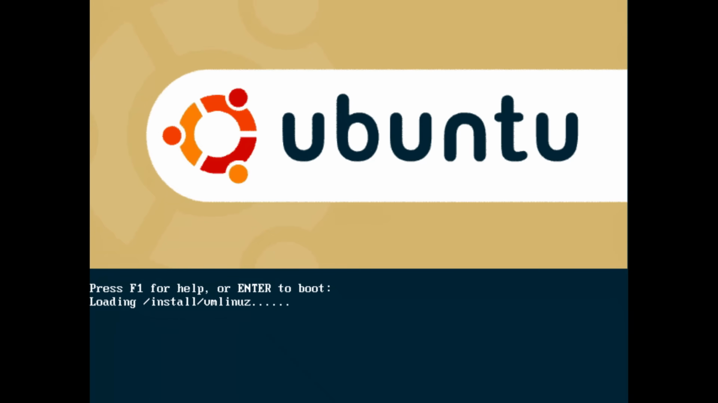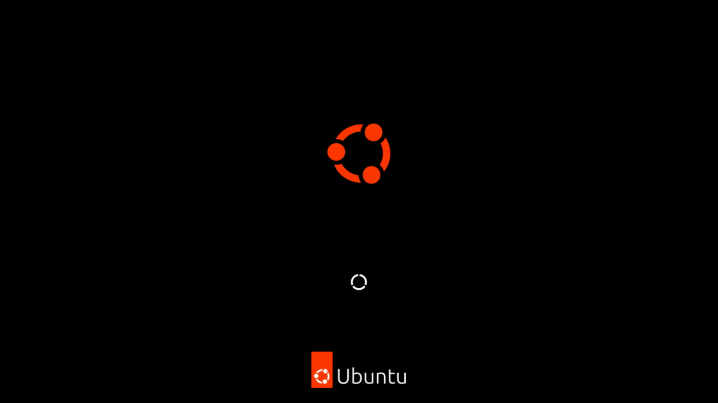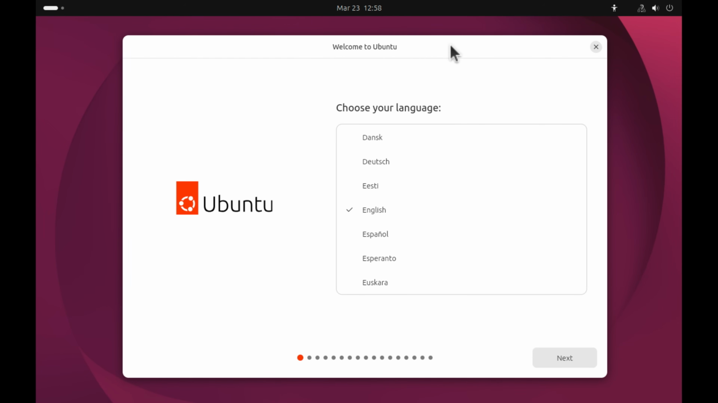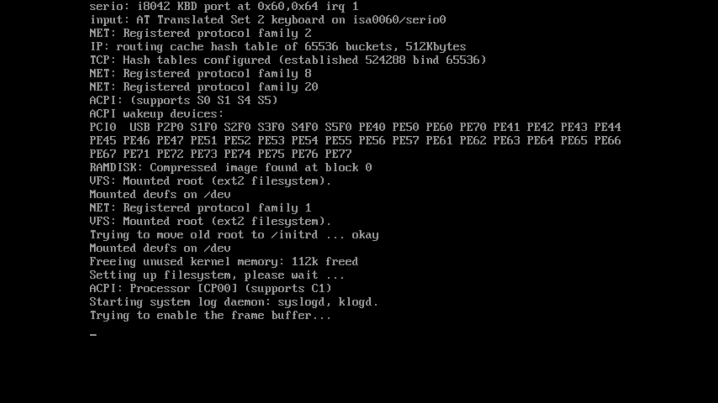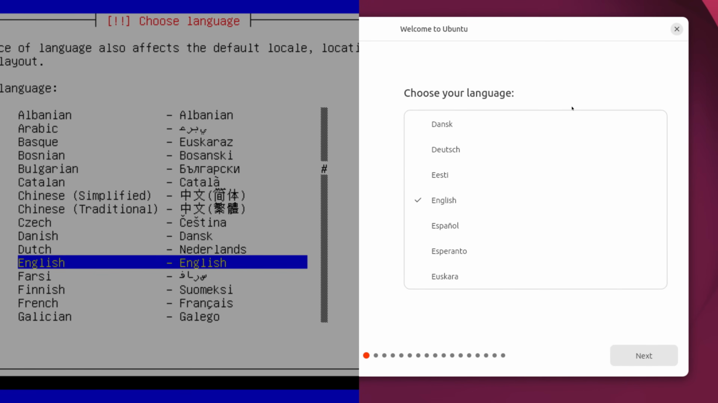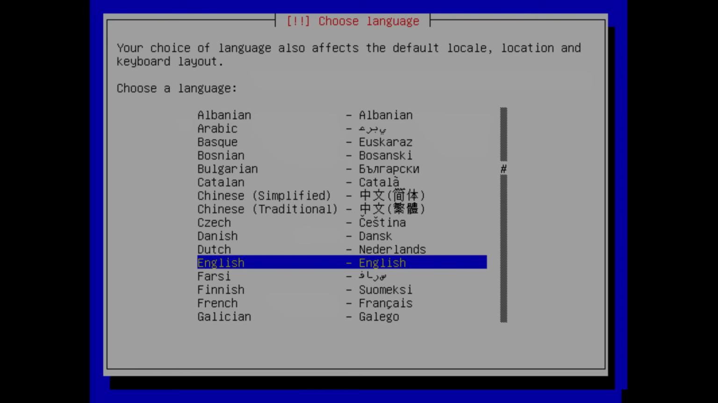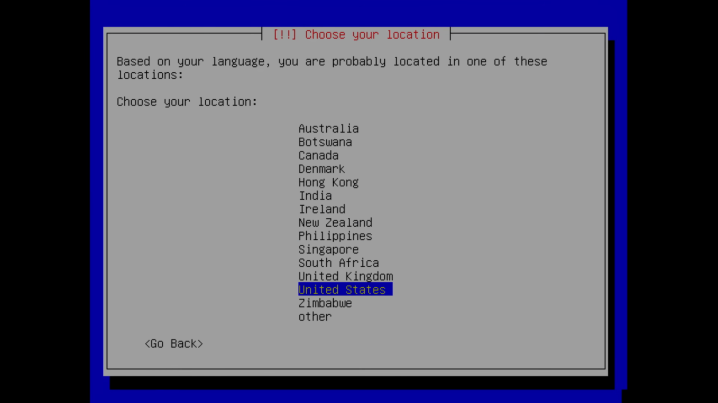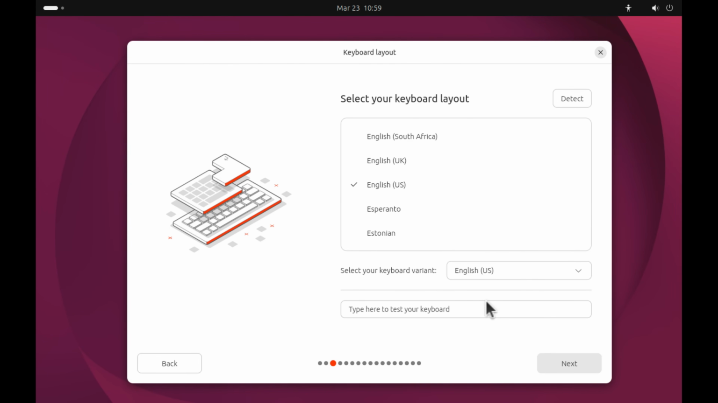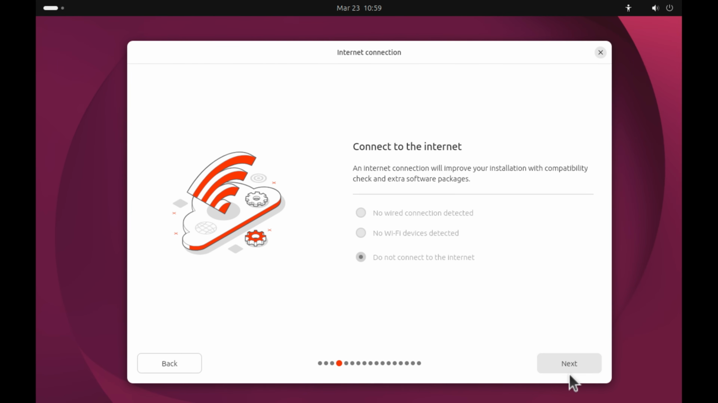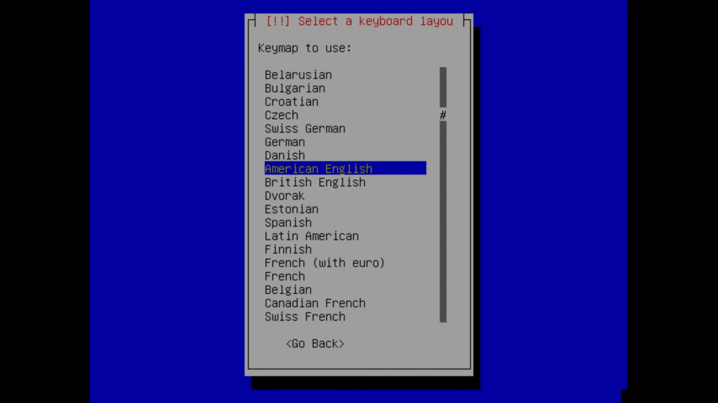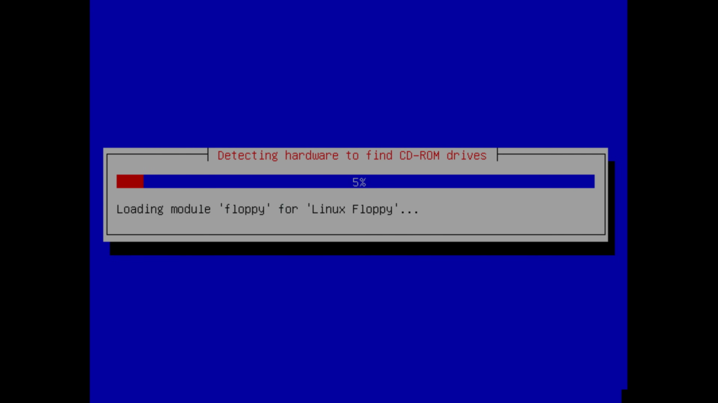Okay, enter to boot, and for this one it just starts right away. This one booted up so much quicker and it's letting us install the operating system, while this one we have to wait for a little bit. And the installation screens are completely different. Choose your language, English, next, and on this one also, English. Choose your location, United States. Select your keyboard layout, English US, Internet, do not connect, next, and then keyboard layout, American English on the old